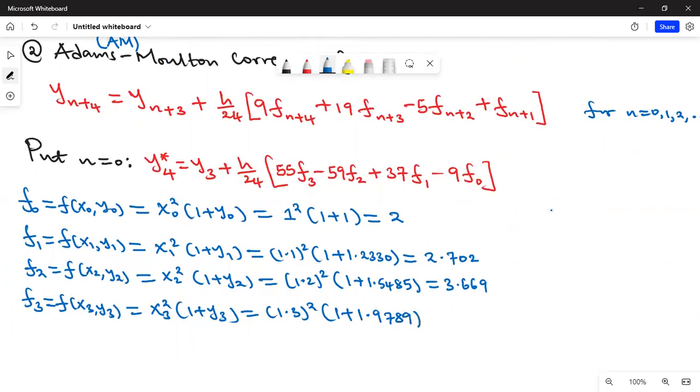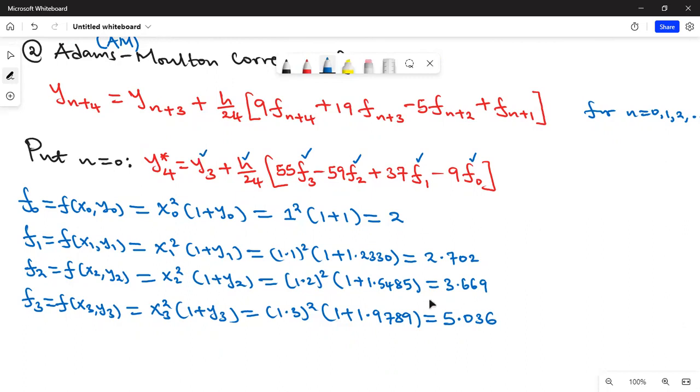And when you press this in your calculator, you need to get the value of F3 as 5.036. So now that we have found F0, F1, F2, and F3, and we also know H, and we know